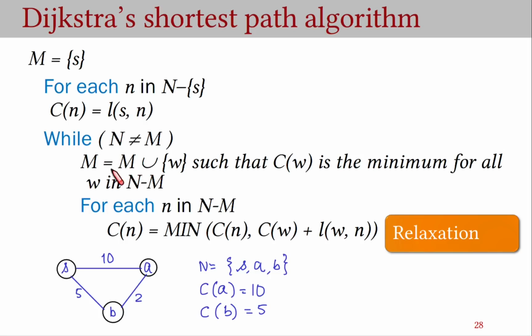So in the next step, we add to M a node such that the cost of this particular node is the minimum for all the unprocessed nodes. Remember, N is all the nodes, M is the set of processed nodes, and N minus M is the set of unprocessed nodes. So N minus M contains just these two elements, A and B. So out of these two, the cost of B is smaller than the cost of A, so we are going to choose B. And so in this step, which I'm going to write with green, M is now containing S and B,